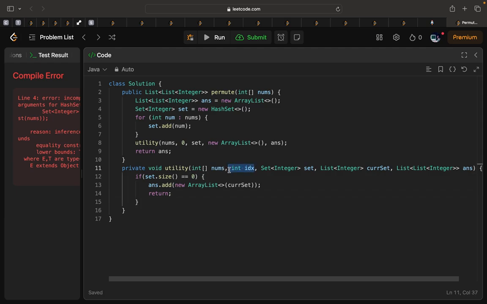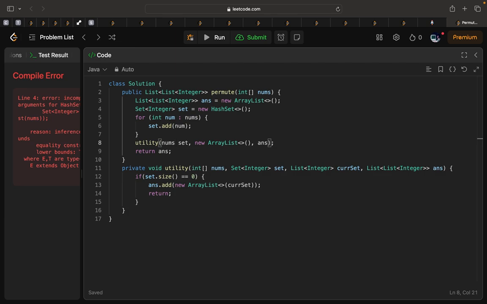I think we don't need index. Then we iterate our set, int element in our set. This will give the current element in our set. So what we can do is